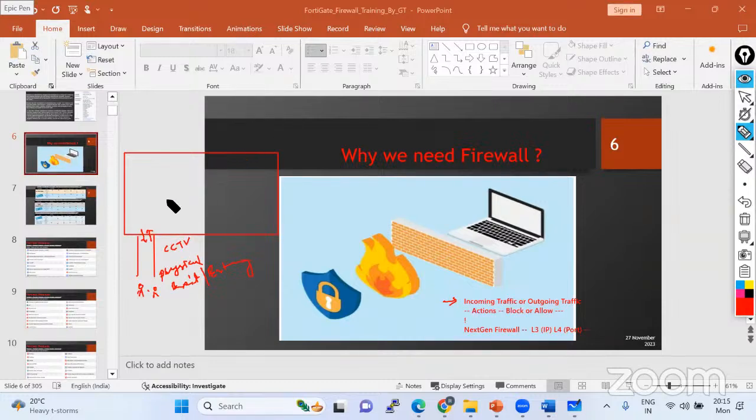But this is not the only way we can talk about exit or entry from the company point of view. There are various ways also. So this is known as physical security, right? This is the physical security when you are tracking anyone, that is going to happen. But what is logical security? So if I'm going to talk about logical security,